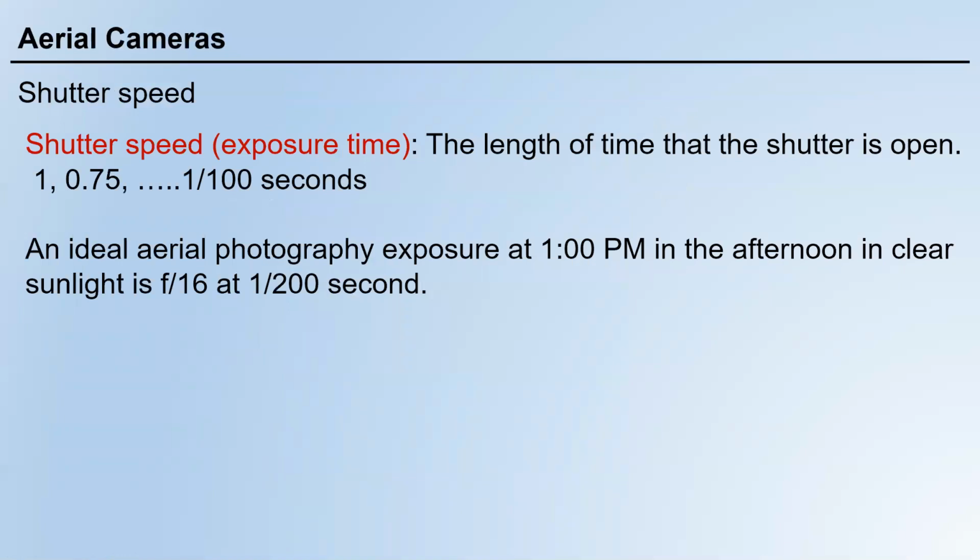Next parameter I want to talk about here is called shutter speed. Shutter speed is also called exposure time. Exposure of what? Exposure of the film in your camera. So the length of time that the shutter is open, that is shutter speed. It could be 1 second, it could be 0.75 second, it could be 0.01, which is 1/100th seconds. The longer the time, the longer the exposure of the film,